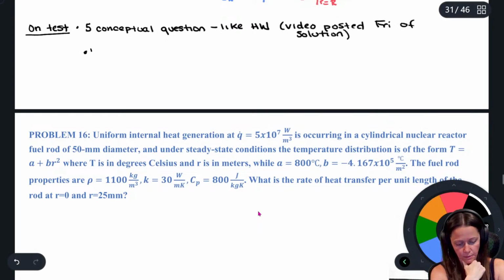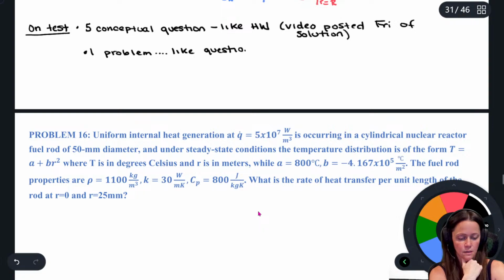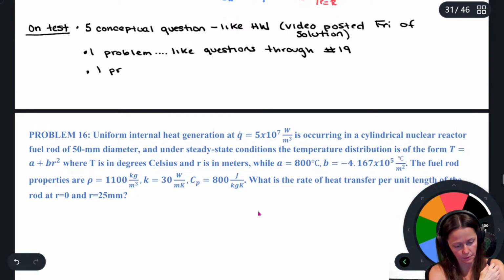and then you have 2 work it out problems. So the first problem would be like the questions through, say, number 19. And then one problem like 20 through, I think I've got 4, so 20, 21, 22, 23,